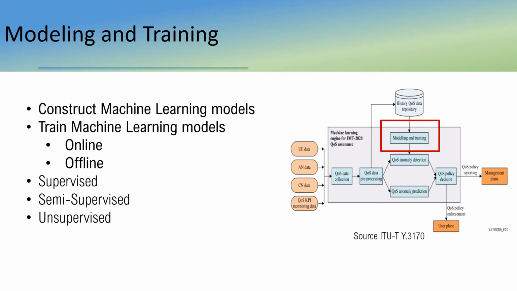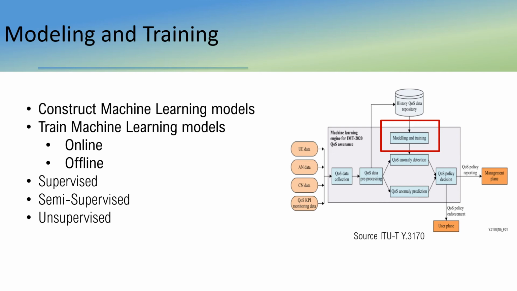Training the model can be offline or online. So in the simplest sense, offline learning is an approach where all the data is ingested at one time to build the model. Whereas online learning is an approach that ingests data one observation at a time. So online learning is efficient and adaptable as the data distribution changes. So KPI assurance models are generally designed to be used in real-time or dynamic environments. So it is better to adopt the online learning approach.